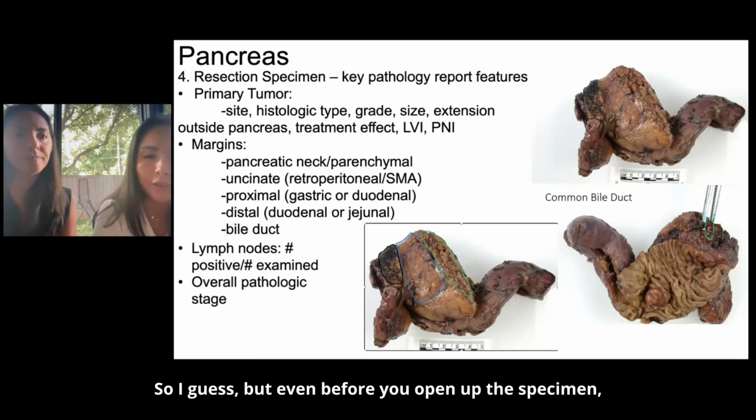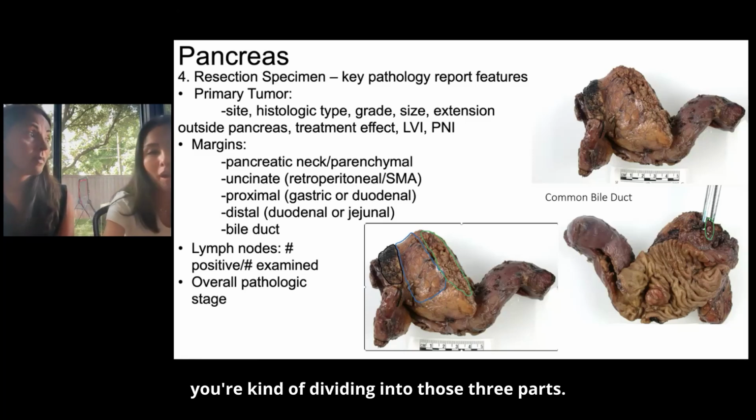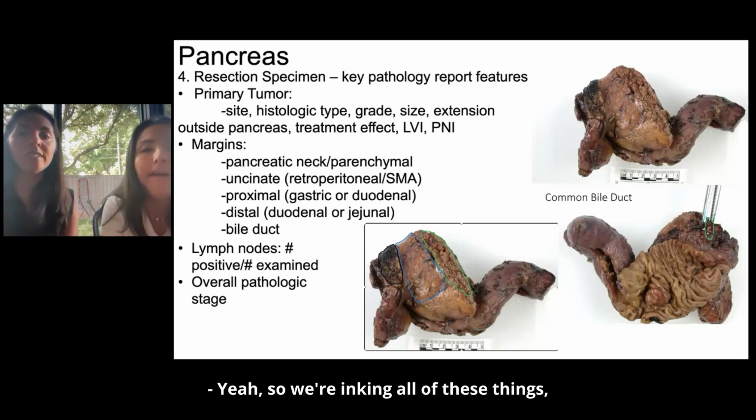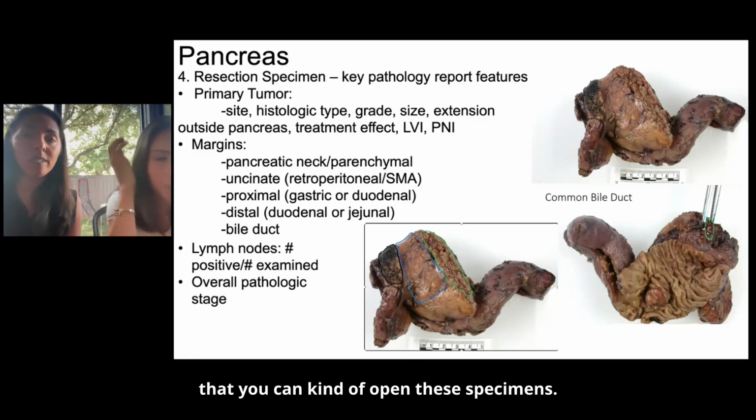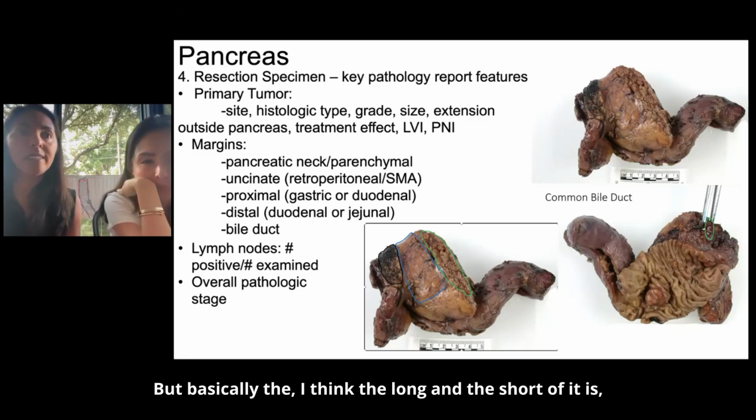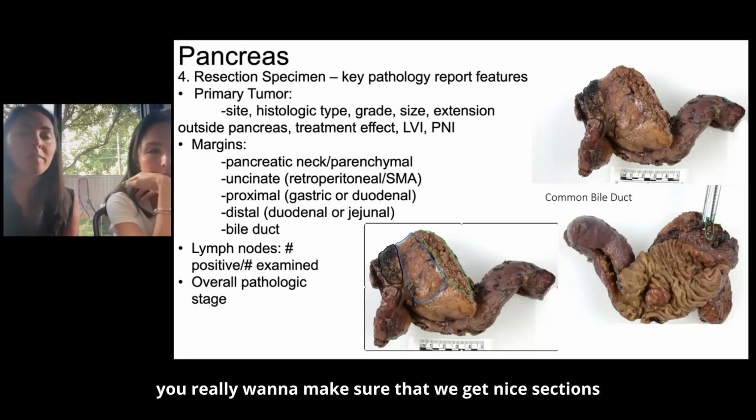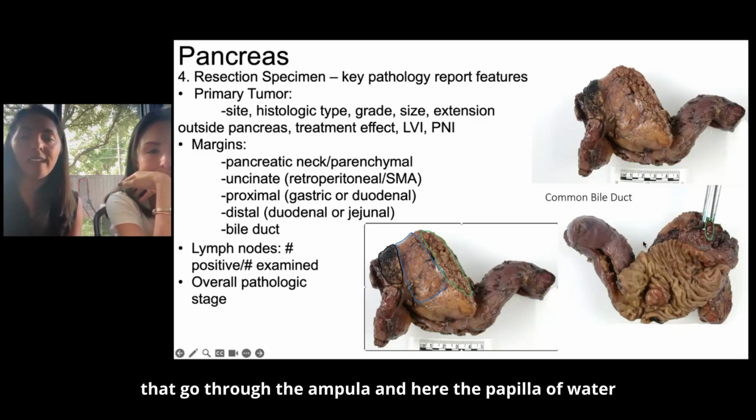Got it. So even before you open up the specimen, you're dividing it into those 3 parts. Yeah, so we're inking all of these and marking them out beforehand. And then there are different ways that you can open these specimens, but basically the long and the short of it is you really want to make sure that we get nice sections that go through the ampulla and